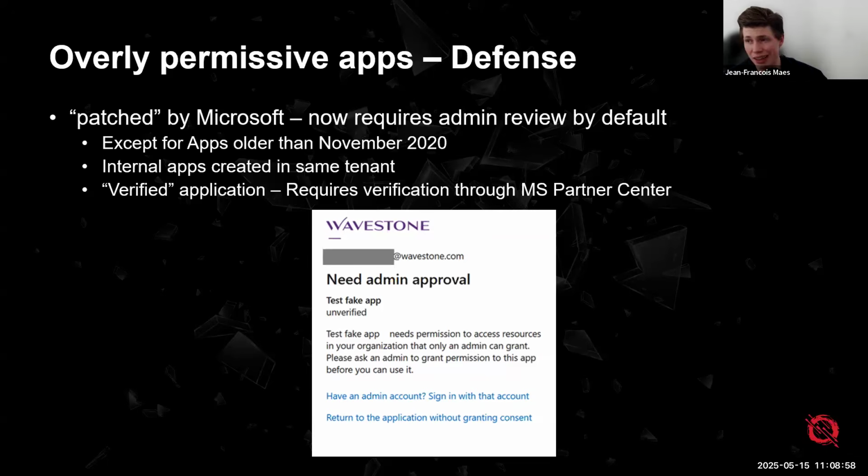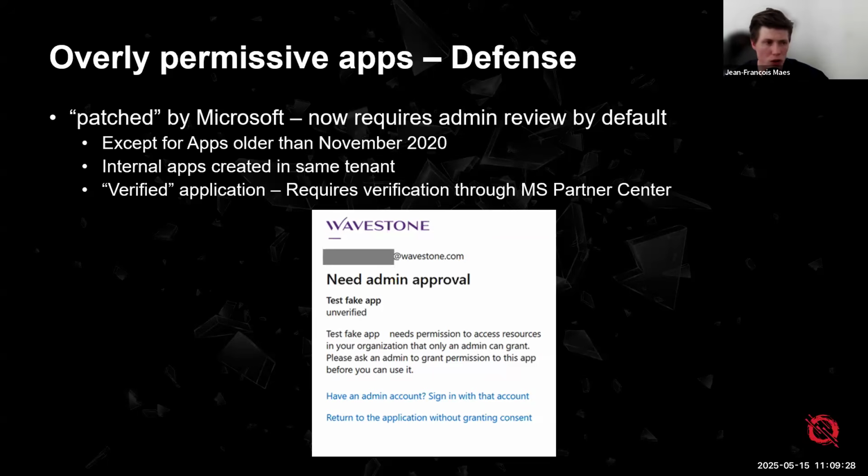Now, if you create an Office 365 application in the same tenant, right? So if you, for example, already compromised a user, and then you are creating an application as that user for that internal tenant, that also bypasses this particular defense mechanism. So if you're sending your Office application to another employee, for example, and they accept, congratulations, you can also use this.